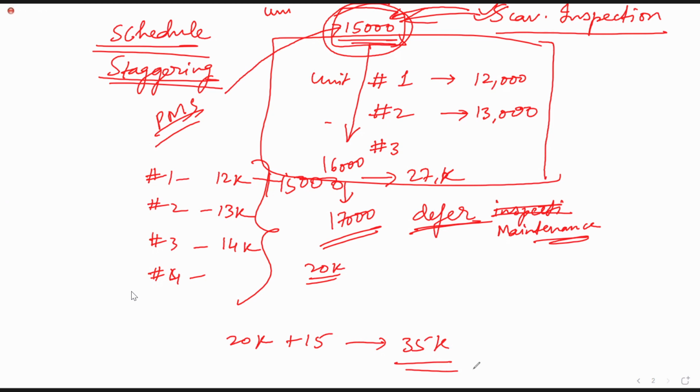So for this, some staggering is done, the maintenance schedule is staggered, so all the things will not fall due at the same point of time. That is point number 1. Point number 2,